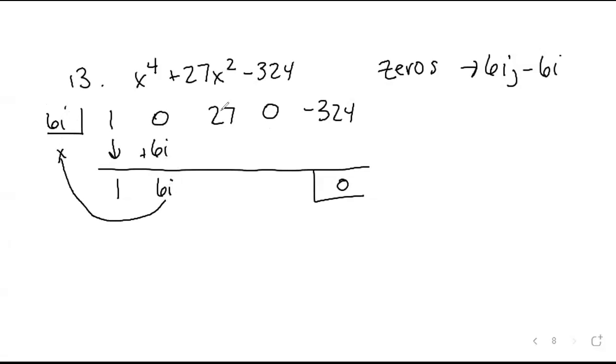Multiplying 6i times 6i. I'm going to write this kind of small, but 6i times 6i would be 36i squared. What is i squared? So this is -36 because it's 36 times -1, right? When you add 27 and -36, you get -9. Times 6i is -54i. Add those. -54i times 6i ends up being,